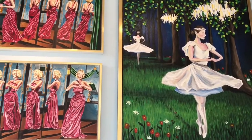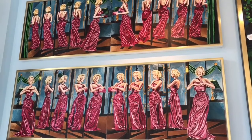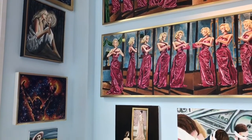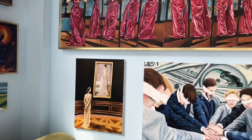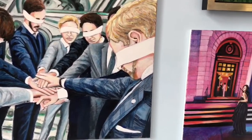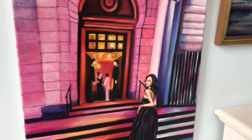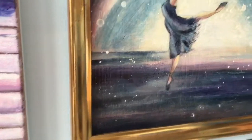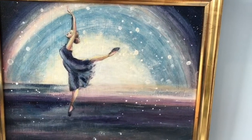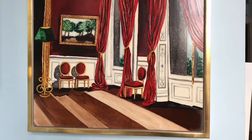Here you can see some of my paintings that depict women, beauty, intrigue, the imagination, the everyday. Elements of fantasy. Other worlds of decadence,